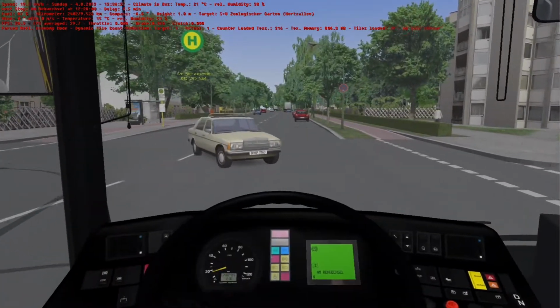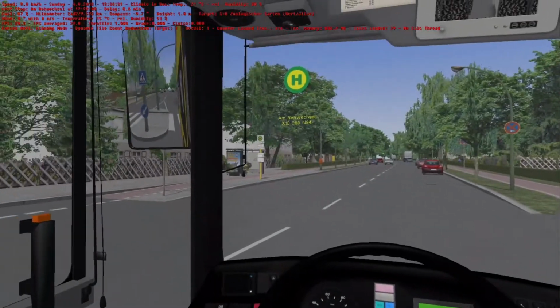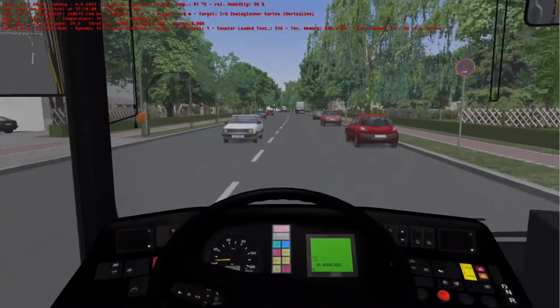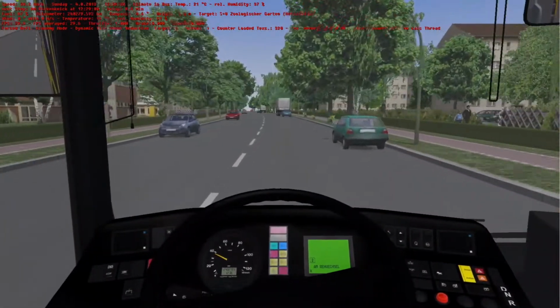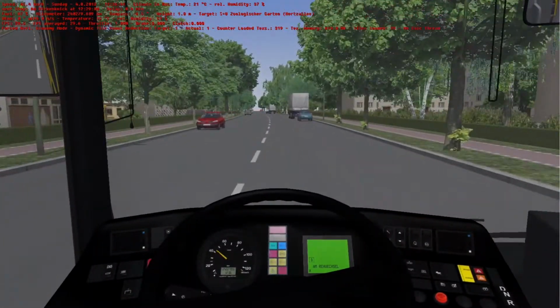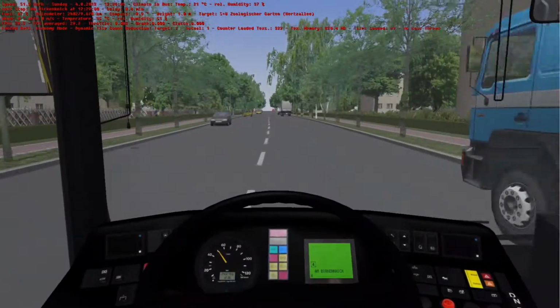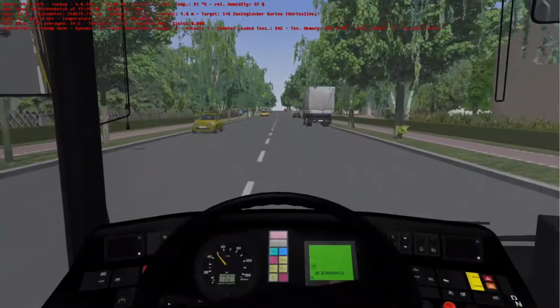Oh, for flip's sake, you stupid taxi driver. Please don't tell me some people are here for my ranting. Am Birkenknick. I mean, I don't really have a good temper, but...